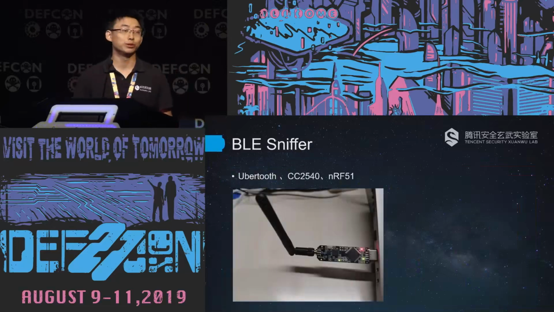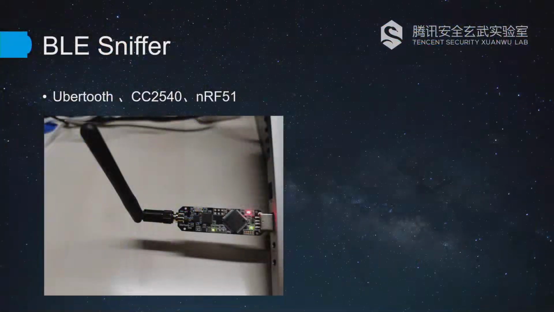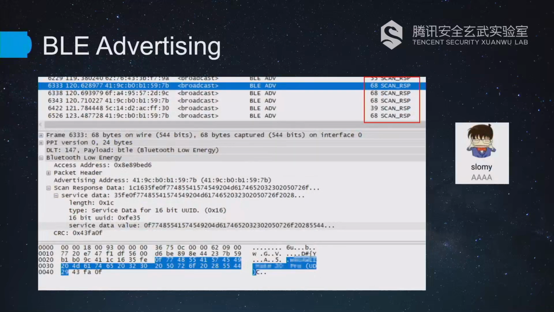To capture Bluetooth data, we can use a Bluetooth sniffer such as Ubertooth, nRF51, and so on. This is a BLE packet we captured. It is a scan response packet, which is sent when some other device is scanning. It contains user ID, device name, and some other information, such as some flags and supported cipher versions. The packet is an advertising packet, which is often easy to understand.